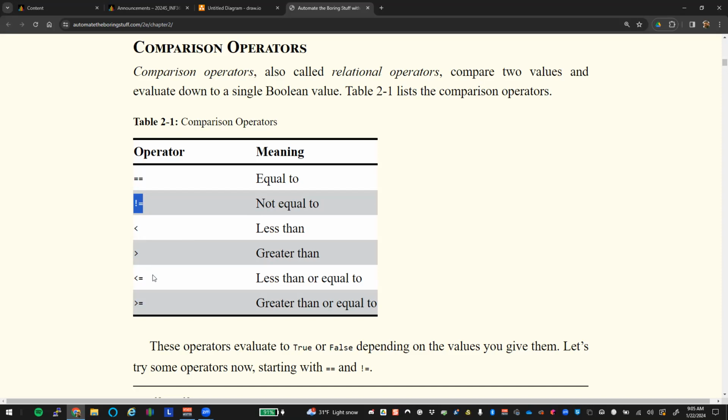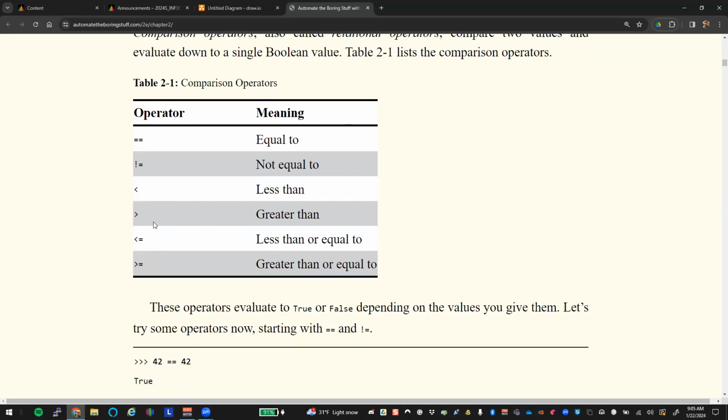Less than, greater than, less than or equal to, or greater than or equal to, all right? If we are comparing string values, we can only use equal to and not equal to, right? I can't see if Jason is greater than Sam, right? That doesn't work. They're not math. So I can only check to see if Jason is equal to Sam or if Jason is not equal to Sam,